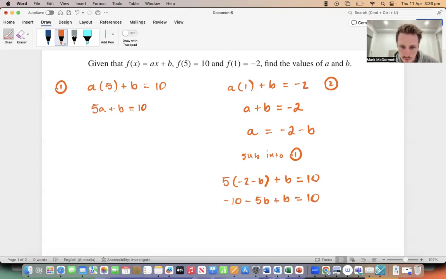Okay, minus 5b plus b is minus 4b. Add 10 to both sides gives you 20. So b equals negative 5. And therefore,